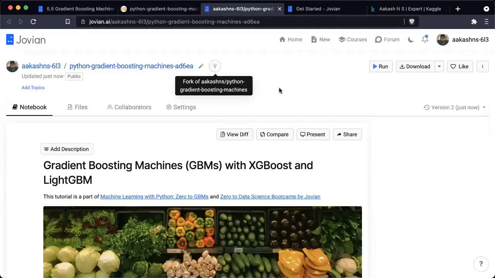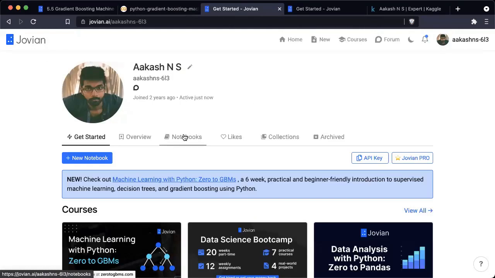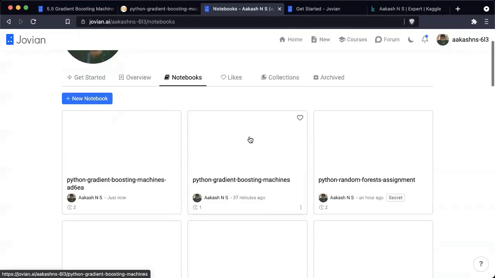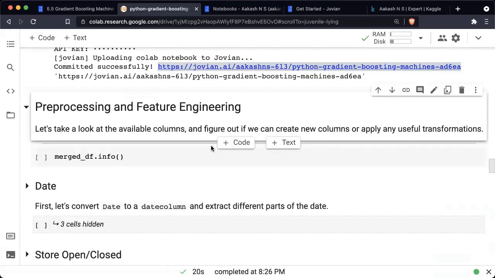So this is a snapshot of the notebook on your profile that you can run anytime. Okay. And you can always access this by going back to jovian.ai and checking the notebooks tab. You can see here. All right, so let's talk about pre-processing and a new and very important topic, feature engineering.